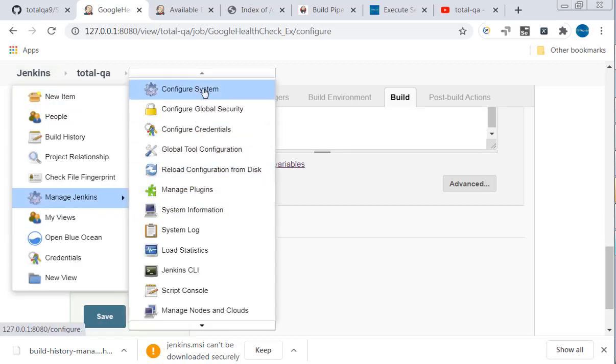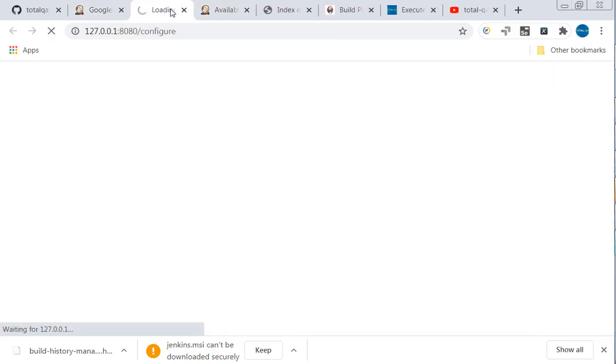Run Jenkins. Here configure system, right click, open in a new window. That's also possible. You can open in a new window so that we can identify what is the environmental variable we have created.